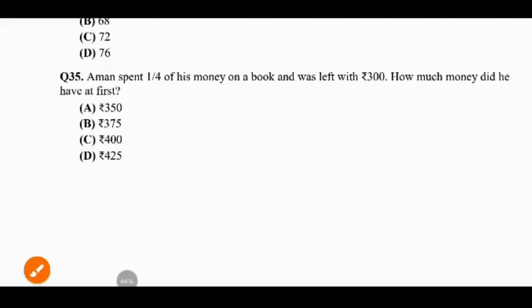What we will do? Should I discuss it or should I leave it up to you? I can give you an explanation for this. If he spent one fourth, he is left with three fourth of his money, isn't it? And three fourth of the total is 300, which means the total amount he has will be, where I got this three fourth. You people, please, children, try solving this. We'll surely solve it in the next video, but you people please solve it.